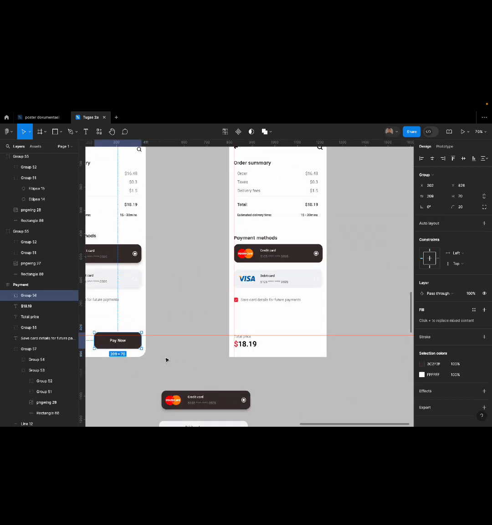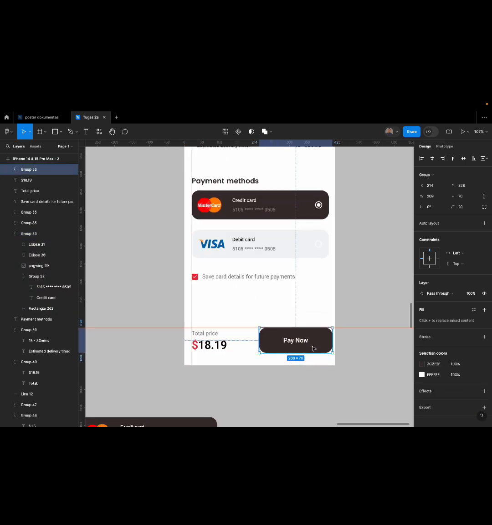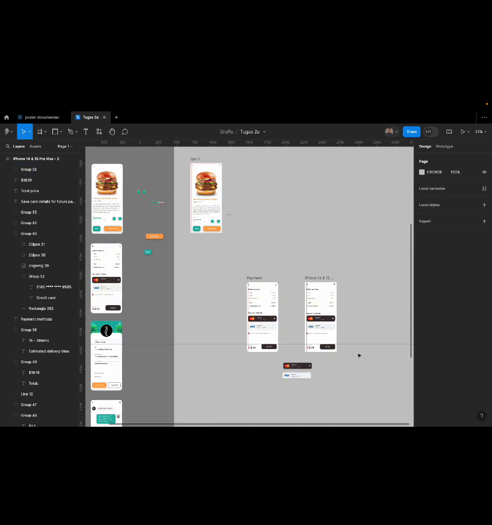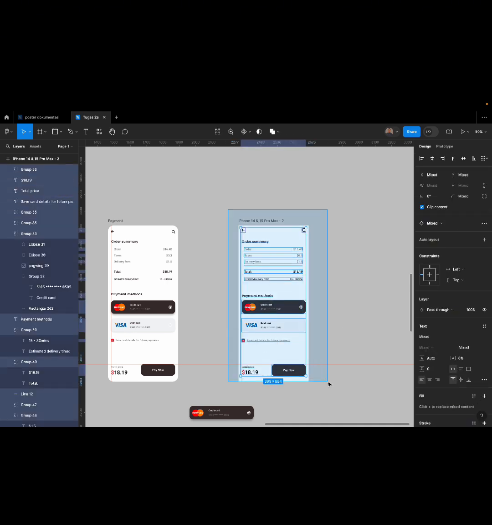And duplicate from this and rename it for button, customize it, and that was finished.